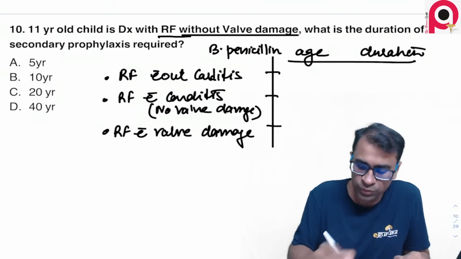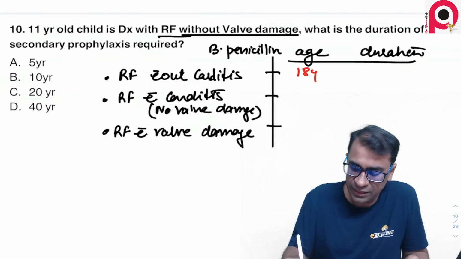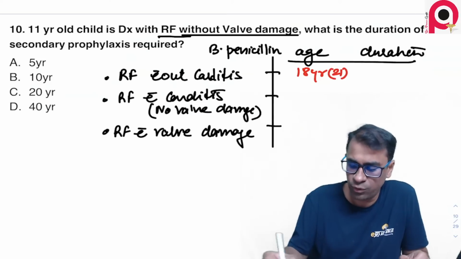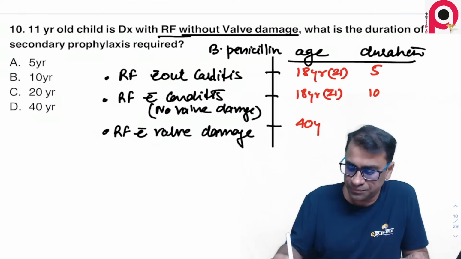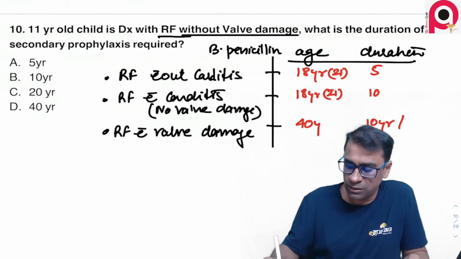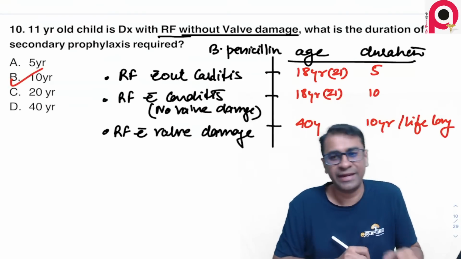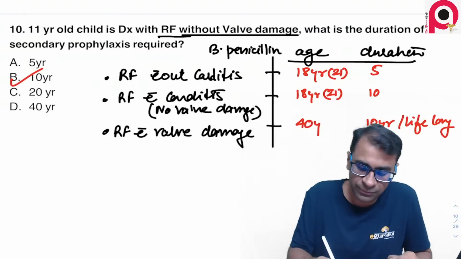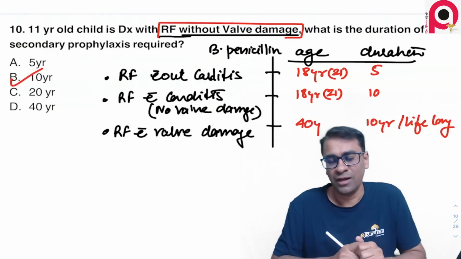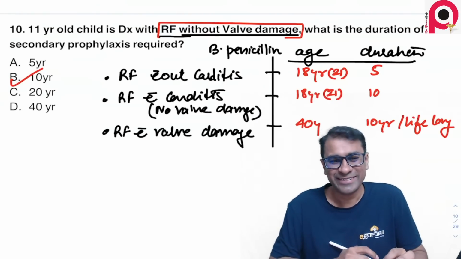Okay, so it was rheumatic fever without valve damage that was the question. So what will be the answer? It is given up to 18 years of age. Some books say 21 years, same only, and duration for 5 years. Then for 18 years or 21 years it was 10 years, and for age up to 40 years, duration for 10 years must be given, or sometimes even lifelong it could be given. So surely the answer becomes 10 years, no doubt about this statement. Okay, that is the right answer here. I also think the same thing, the question given was rheumatic fever without valve damage, and therefore the answer is 10 years. The same thing that you are saying, I'm also saying. Okay, so let me move ahead.